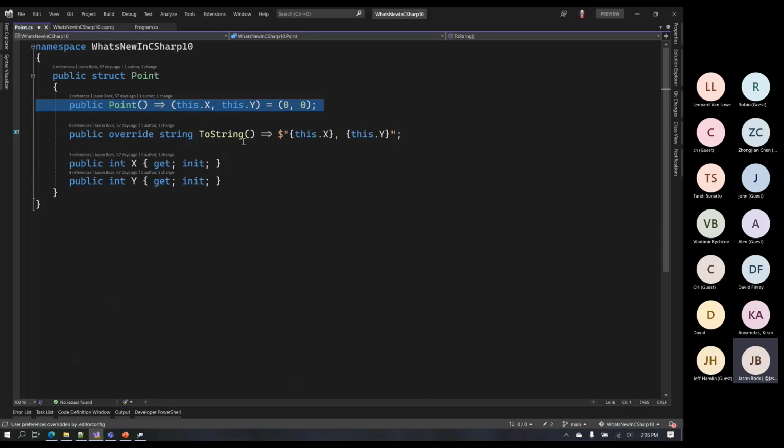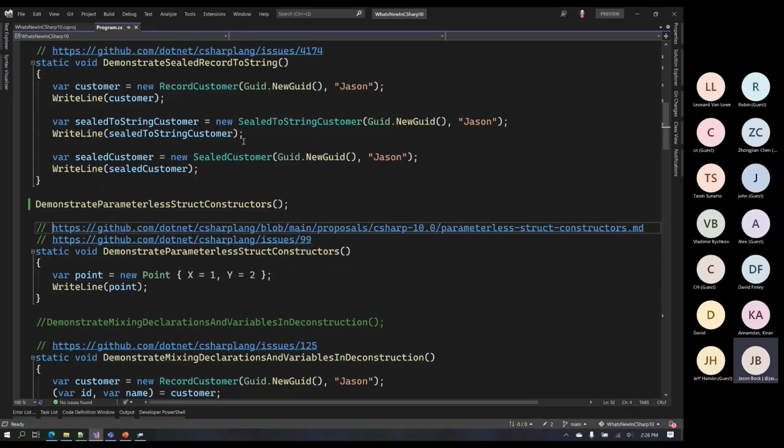I think this was something that was actually added in C# 10, but then they removed it. That might have been primary constructors, if I'm thinking back. But I know this has been something that's been asked for a very long time, and it's never been done up till now, C# 10. Now there's a link here that I have to this markdown file.